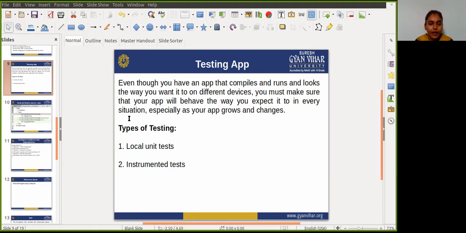This doesn't negate the need for further testing. It merely gives you a solid baseline to work with.